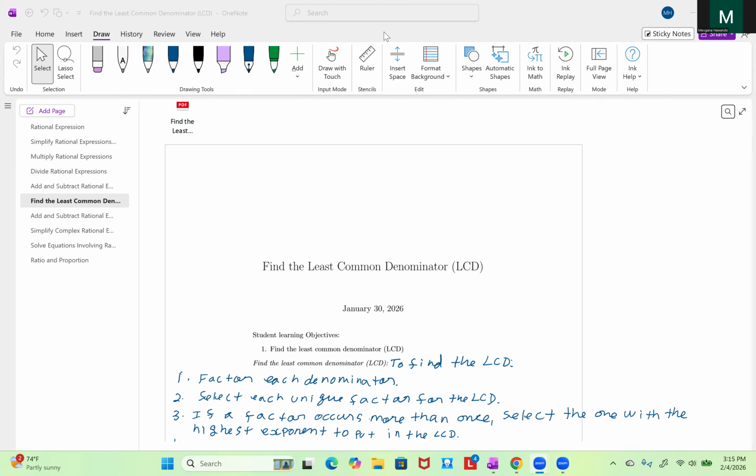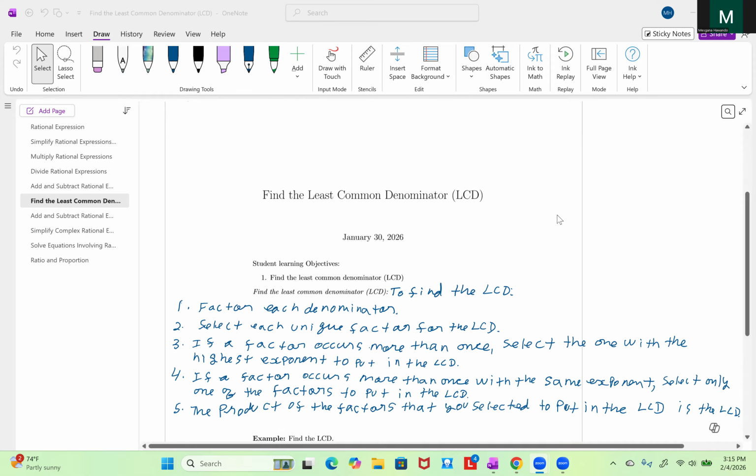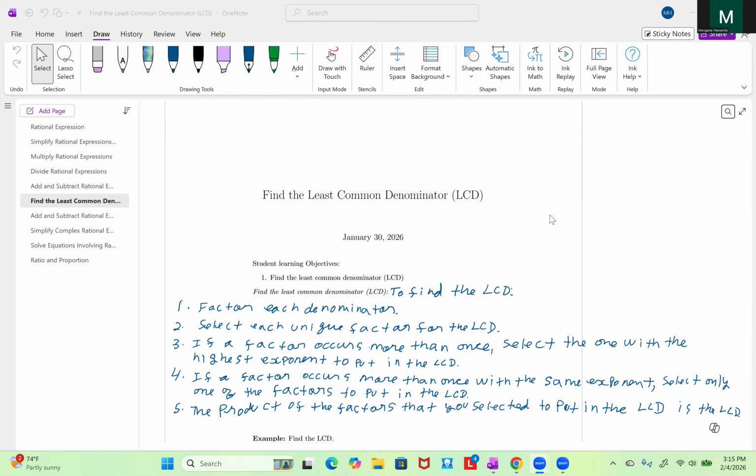Find the least common denominator, abbreviated as LCD. Student learning objectives: 1. Find the least common denominator. To find the LCD, the least common denominator: